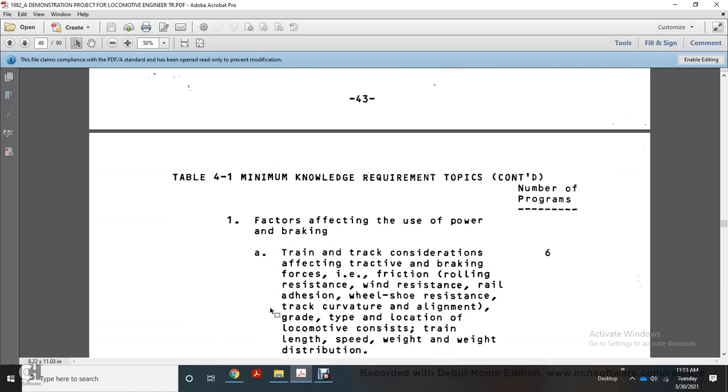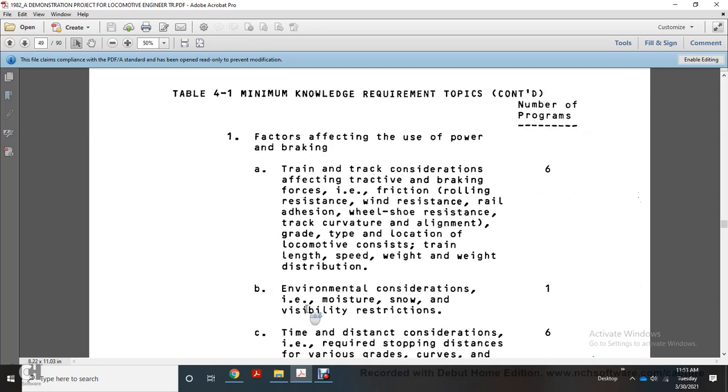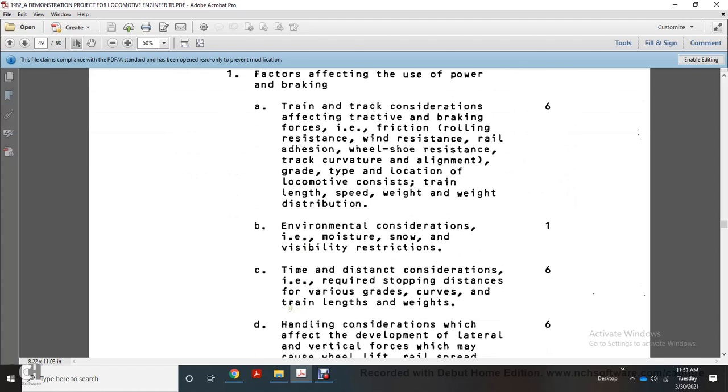friction, rolling resistance, wind resistance, rail adhesion, wheel slip, resistance, track curvature, alignment, grade, type of location, locomotive consists, train length, speed, weight, and weight distribution, environmental considerations, moisture, snow, visibility restrictions, time and distance considerations, required stopping distances,